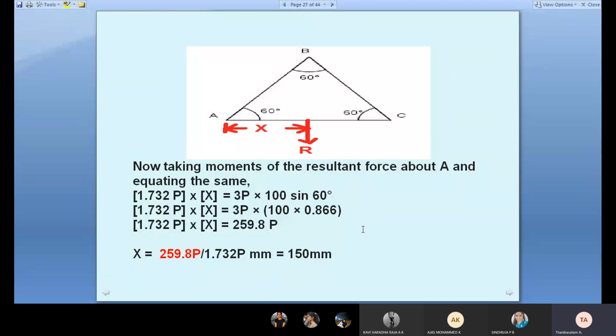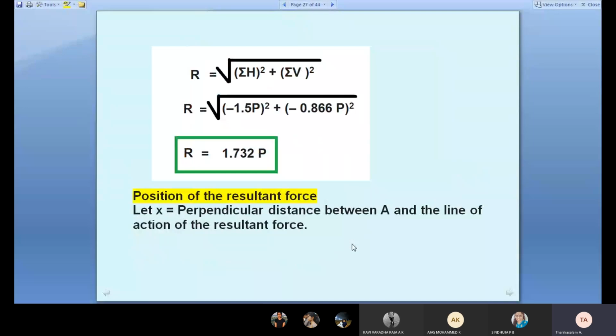So here you have a doubt: what are the forces giving moment, and what are the forces not giving? That is our doubt. How do you identify, sir? Take the reference point. If any force comes to the reference point or goes from the reference point, neglect it. See here, A is the reference point.